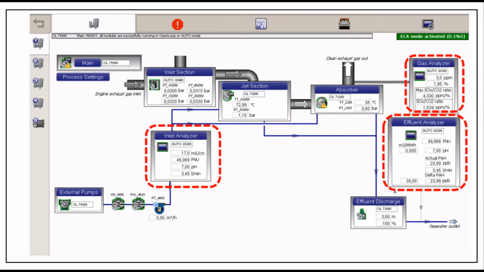For that, the EGCS system is equipped with gas analysis and water analysis units as shown in the figure. There is analyzer unit number 1, gas analyzer unit, which monitors exhaust gas and measures SOx and CO2 content. Number 2, inlet analyzer unit, which monitors water to the scrubber and measures pH, conductivity, turbidity. Number 3, effluent analyzer unit, which monitors discharge water and measures pH, turbidity,